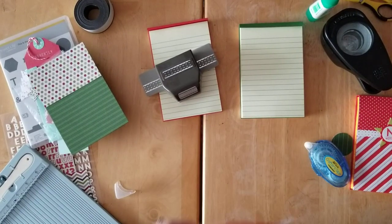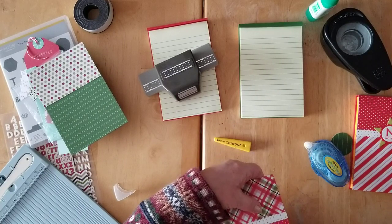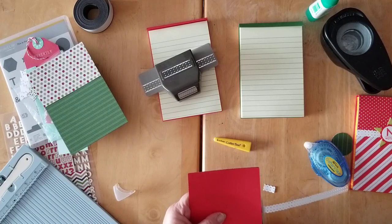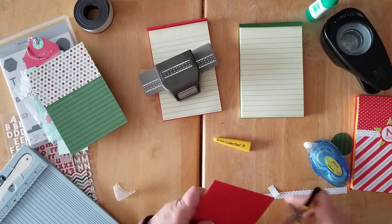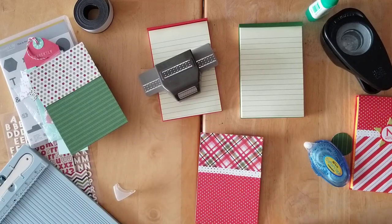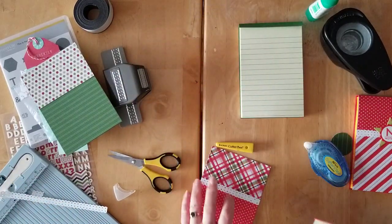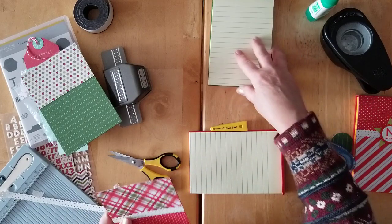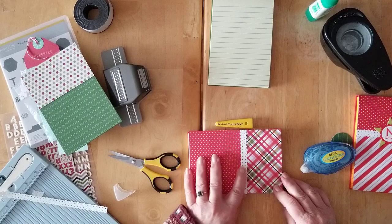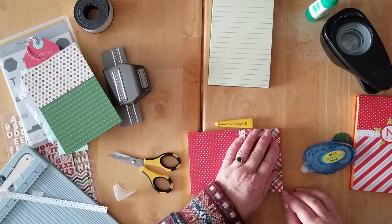There we go. Cut off my little bits. Do that from the back, so make sure that I'm a little straighter. There we go. That came off, and there you go. So you see you have a fun little flap to put on the top. And when I'm about to glue it to the top here, I'm going to use liquid glue so that I have a little bit of a chance to make sure I line it up